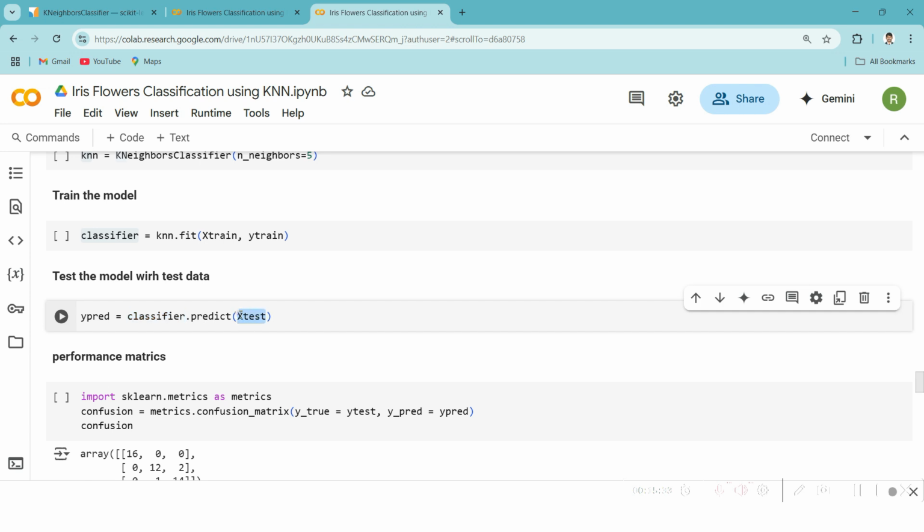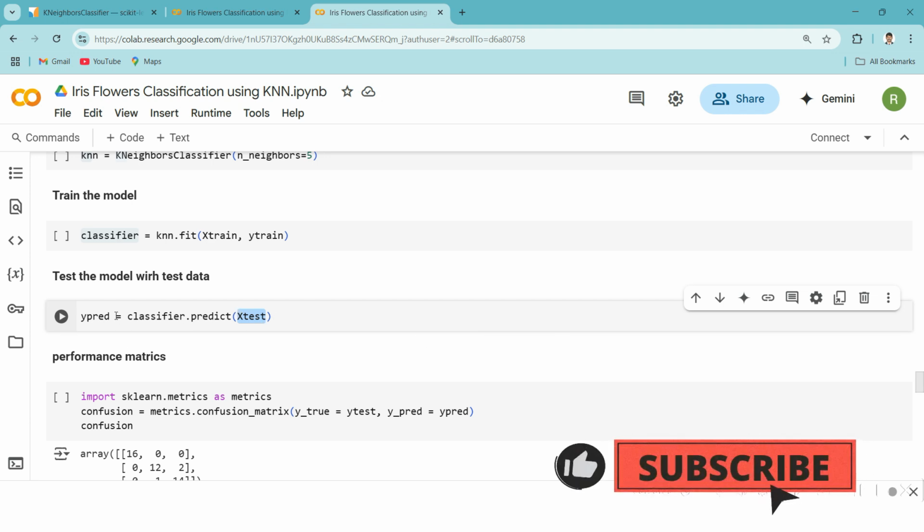For testing purposes, we provide only the features of the X test data. Based on the X test data, we are going to predict the new values. That predicted value is called the y predicted value. We also have the actual y test values, so we are going to find the performance of the model based on the y predicted values and the actual